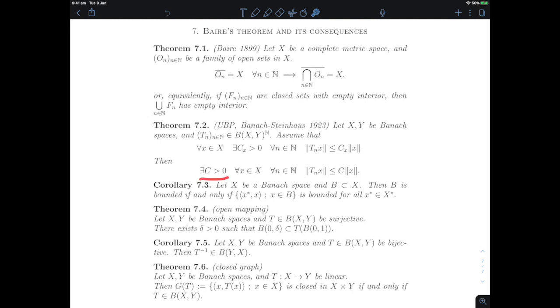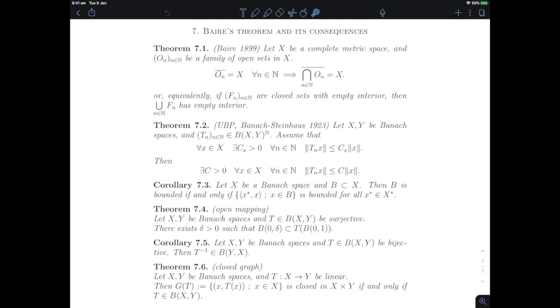So the constant can be chosen independent of x. I've written it in that way to emphasize the fact that it's an automatic uniformity in x of these bounds on the family of operators. So we're going to prove this theorem first, and then we'll derive a corollary of it that tells us that